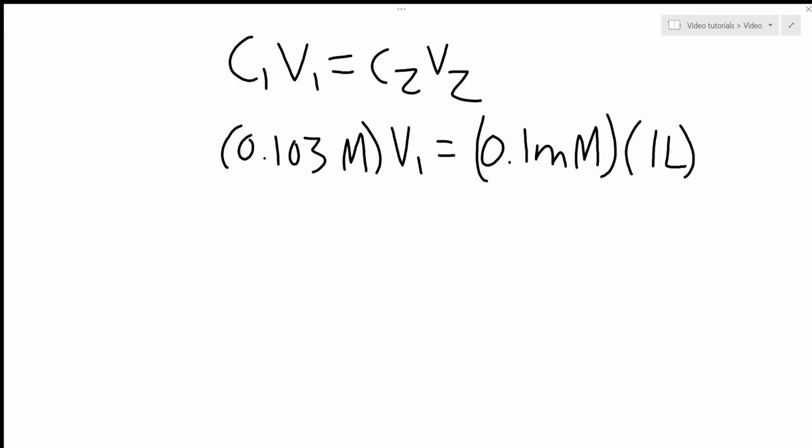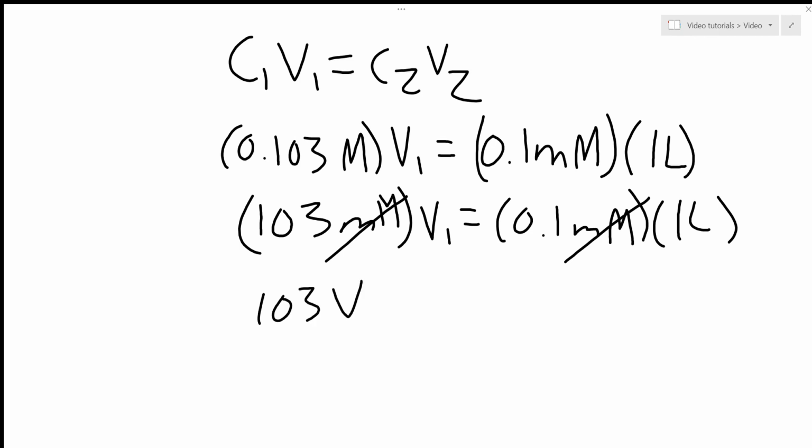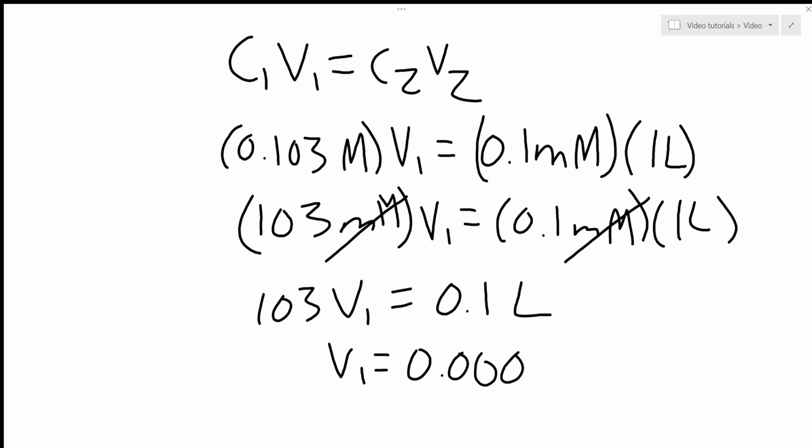So we multiply the kanamycin concentration by 1,000 to get 103 millimolar, which we can then cancel out on both sides of the equation here. So millimolar, millimolar, and we get 103 V1 equals 0.1 liter. And so we plug into our equation, solve for V1, and we get 0.00097